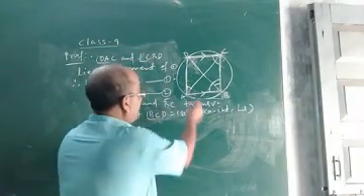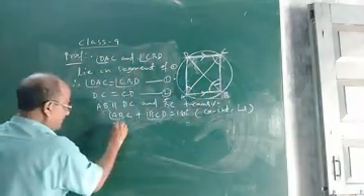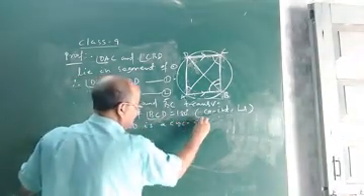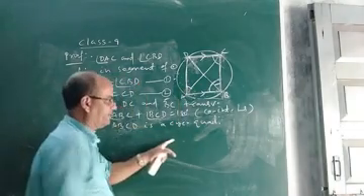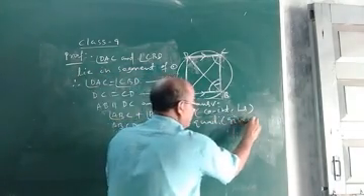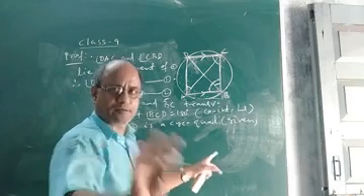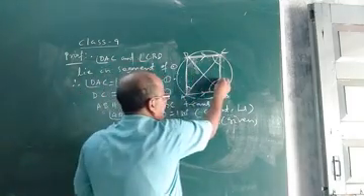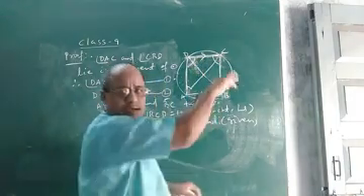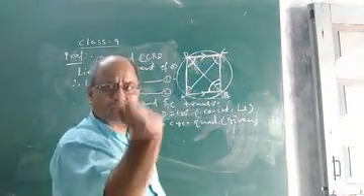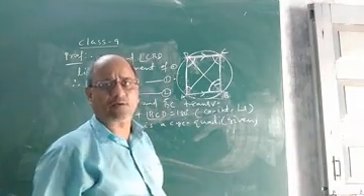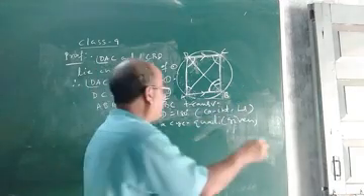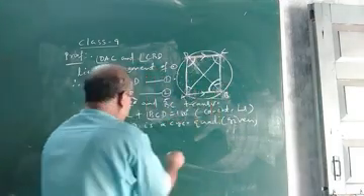Now, the next point. What are we given? We are given that ABCD is a cyclic quadrilateral, or cyclic trapezium, whatever you say. Now if ABCD is a cyclic quadrilateral or cyclic trapezium, then angle B plus angle D, the opposite angles, will be supplementary. Each pair of opposite angles of a cyclic quadrilateral is supplementary, so this angle plus this angle will be 180 degrees.